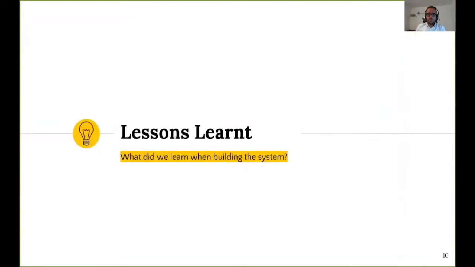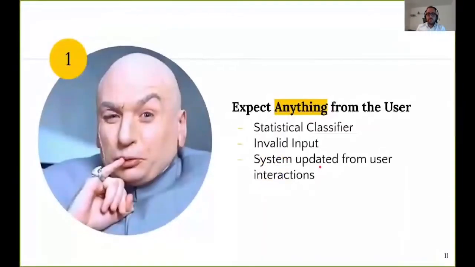So before we demo the system, I think it's really important to share what lessons we learned during the building of the system. So number one, expect anything from the user. At the beginning, we didn't actually employ a statistical classifier, but we found out that it's really important because users tend to input a lot of invalid claims, and we need to have this classifier in order to do a sanity check